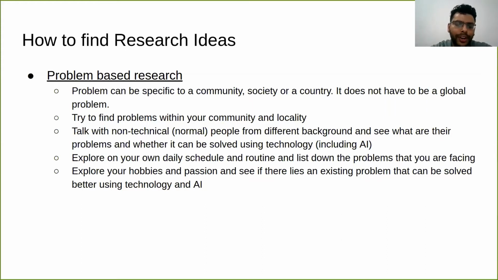So the overall idea is just to find the problems. It's not easy to find, because most of us are looking in a one-directional way. The best approach is to talk to other people and get their ideas, or read different articles on the internet, and listen to other people's ideas or problems, maybe in podcasts and so on. That is where you need to identify the problem and then build upon that problem.